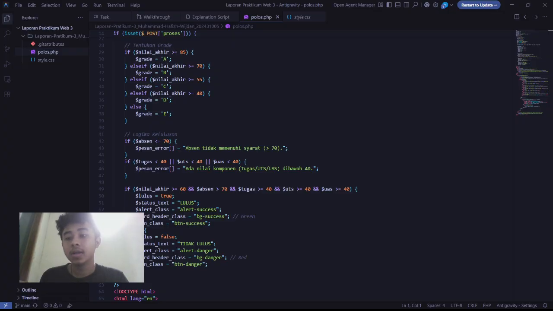Note that the requirement is absent 70 or above, so 70 is a pass. I check if any component, test, UTS or UAS, is below 40.